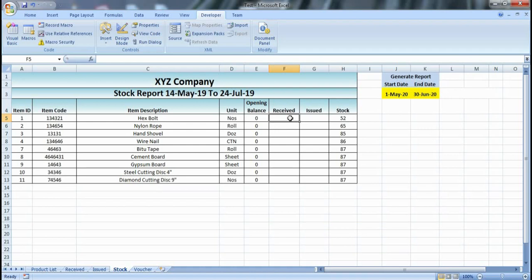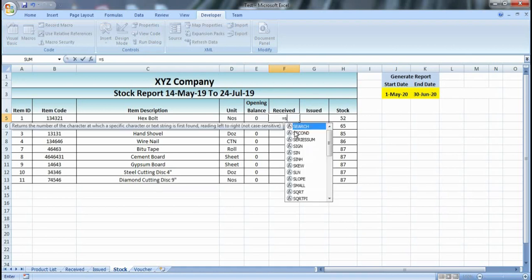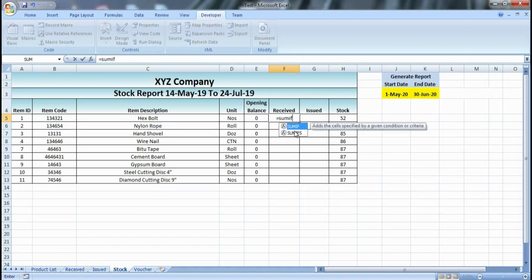So now let's start typing this SUMIFS formula. First of all, we will press the equal to sign and we will type SUMIFS.